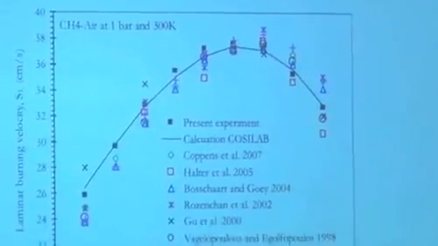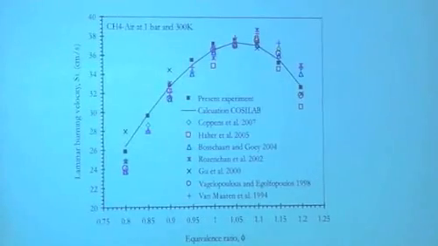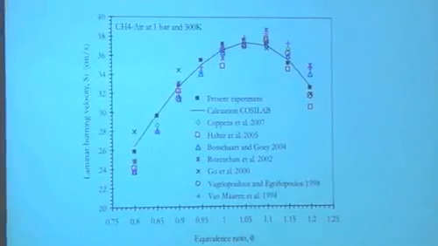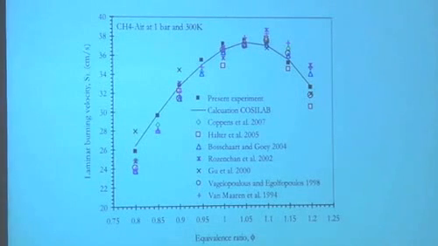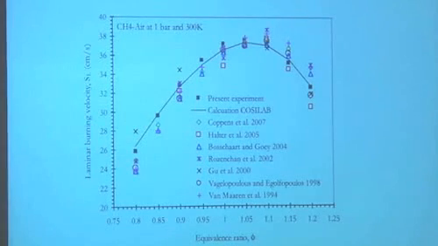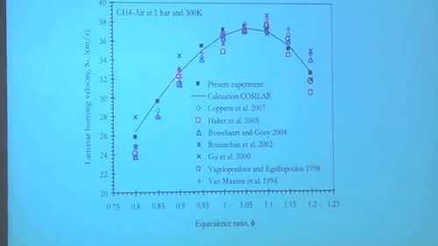Now also, there's another point I want to mention, and you don't want to be too precise again on flame speeds, because even the chemists don't agree on what the flame speed should be. Even the experimentalists don't really know. Professor Lowe knows about that. When you plot all the flame speeds that you measure for the simplest flame ever that anyone computed, which is CH4 plus air at 1 bar at 300K, this is the dispersion of the results. So you see, even if you have a reduced scheme which is not perfect, no one will tell you it's wrong, because no one knows what the flame speed really is in a system like this. The error margin is small here for the stoichiometric flame, for example.